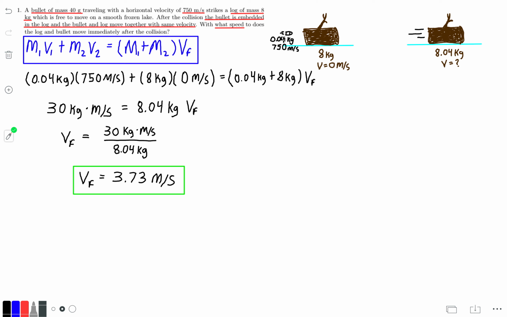So in our picture here, we have our bullet and our givens, and we have our log right here sitting on the frozen lake. And then afterwards we have our new mass, and we have some velocity that we are trying